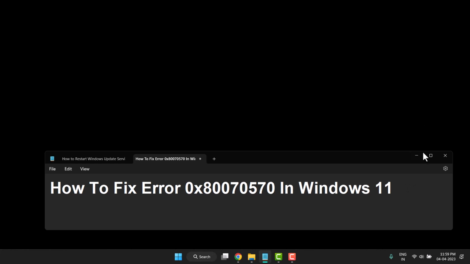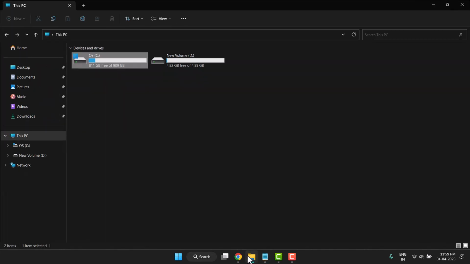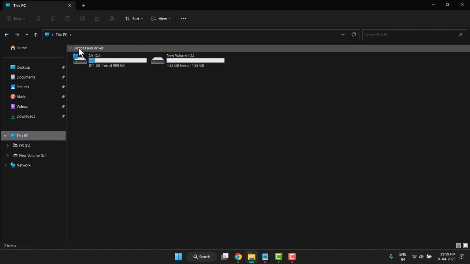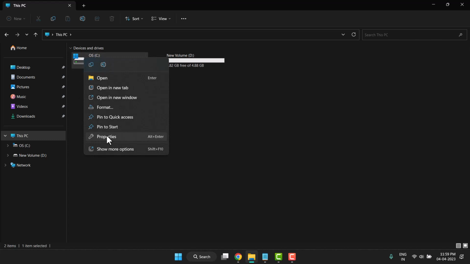So firstly you need to open your File Explorer and click on This PC, and here you see Devices and Drives. You need to click on this Windows icon drive. So you see this Windows icon drive. Right click on it, click on Properties,